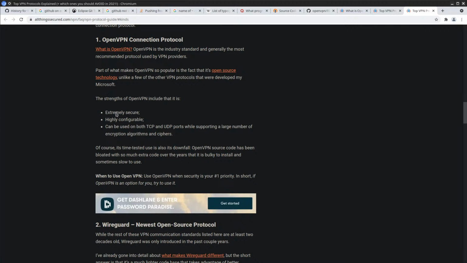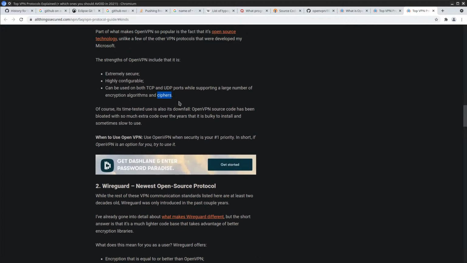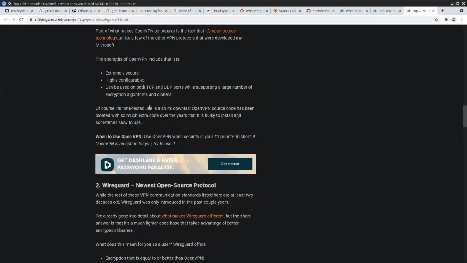Strengths of OpenVPN: extremely secure, highly configurable, can be used on both TCP and UDP ports while supporting a large number of encryption algorithms and ciphers. Okay, that's good. Well, TCP and UDP ports are just dedicated ports for specific types of communications.